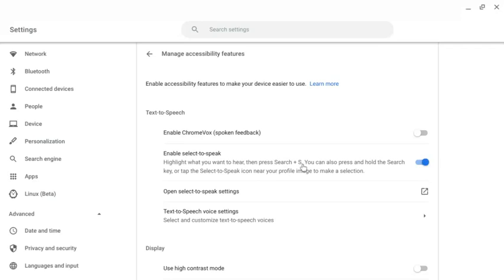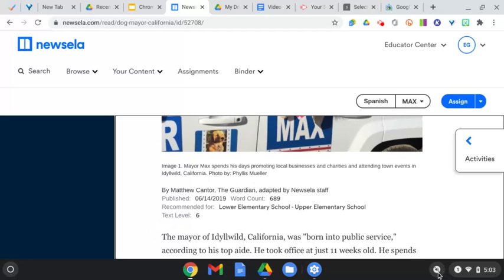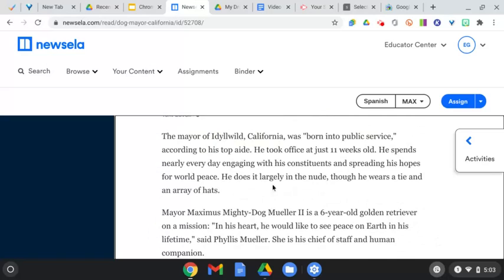The mayor of Idlewild. Okay, and this says you can also press and hold the search key or tap the Select-to-speak icon near your profile image to make a selection. So let's look at that. In this area, you've got this voice or sound icon. So if I go to News ELA and I click on this voice,